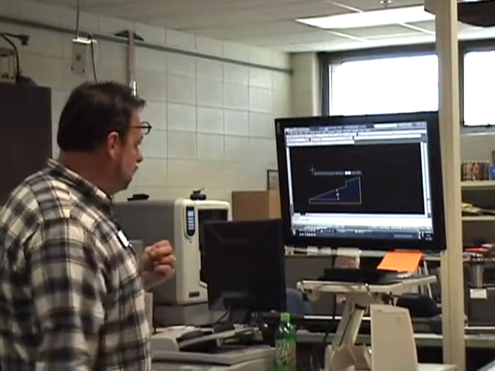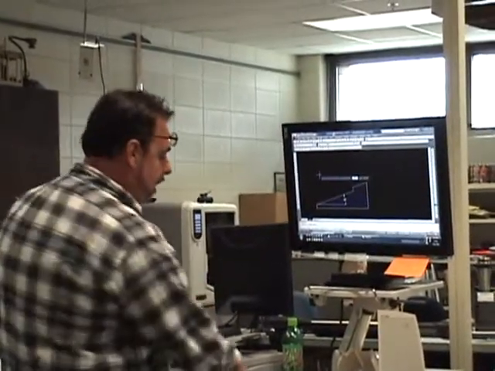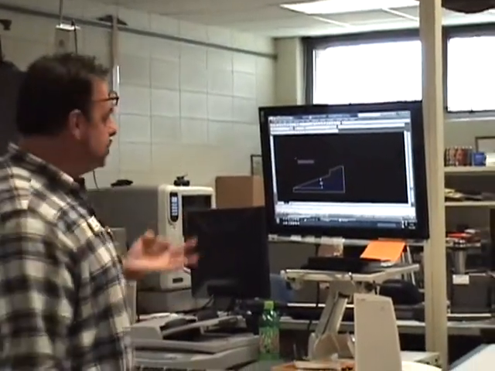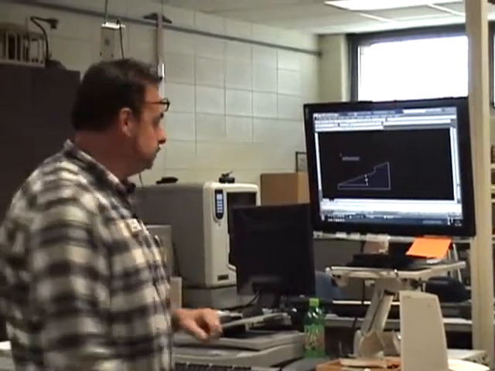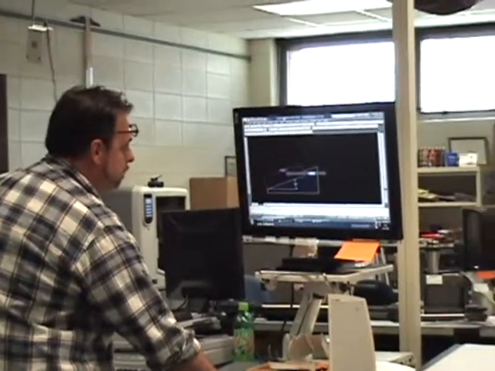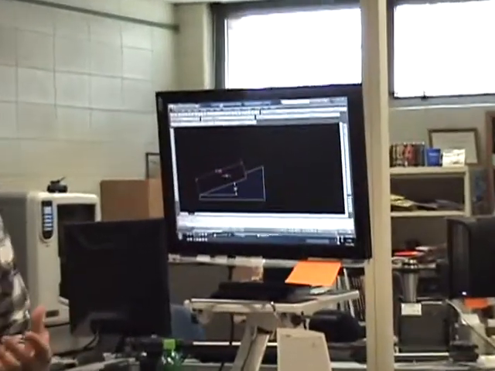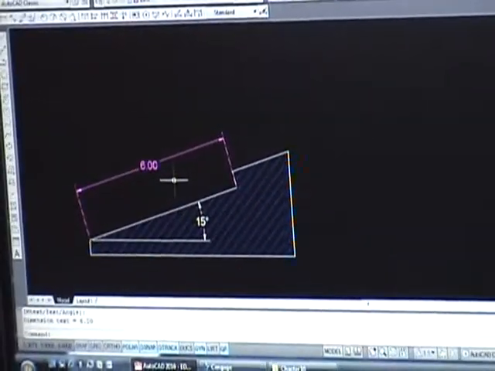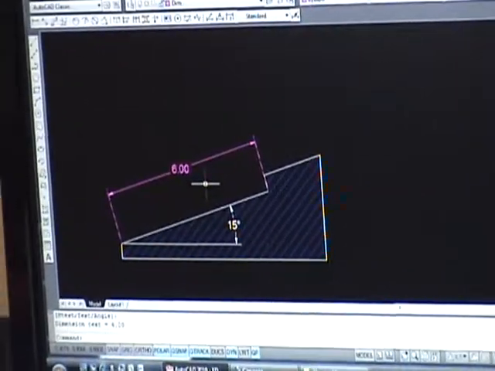And I want to show you a tip right here. The tip is you can either pick 2 points or you can right click, okay, and you get an arbitrary box. Now you can pick one piece of geometry to dimension only. So I'm going to just pick this one piece of geometry right here and pull up. Now that saved me a little bit of time. I didn't have to pick 2 points. That is useful if you are only dimensioning